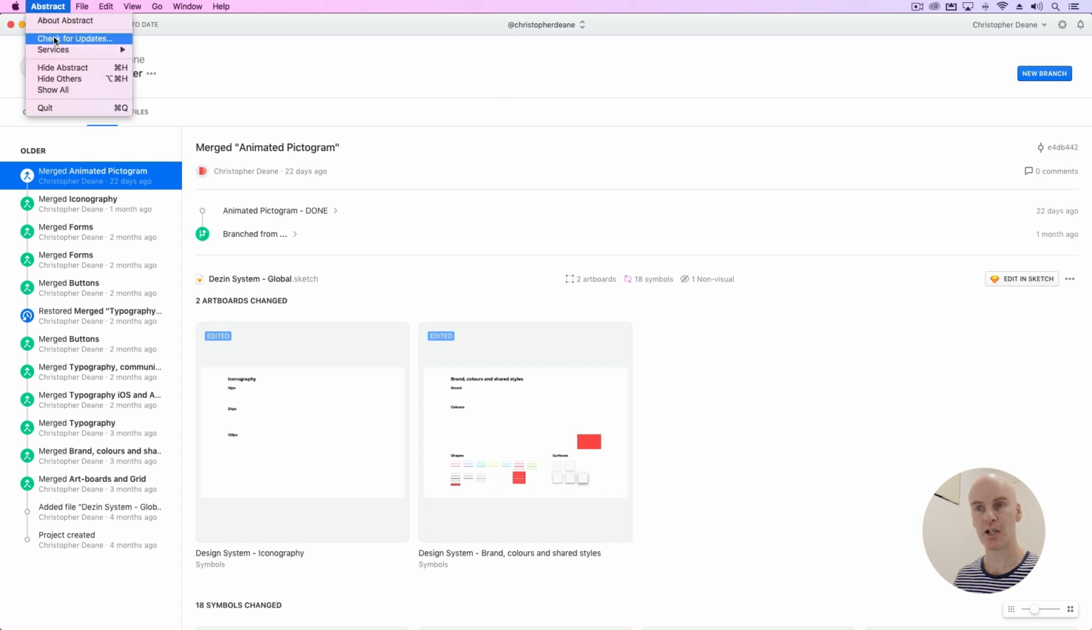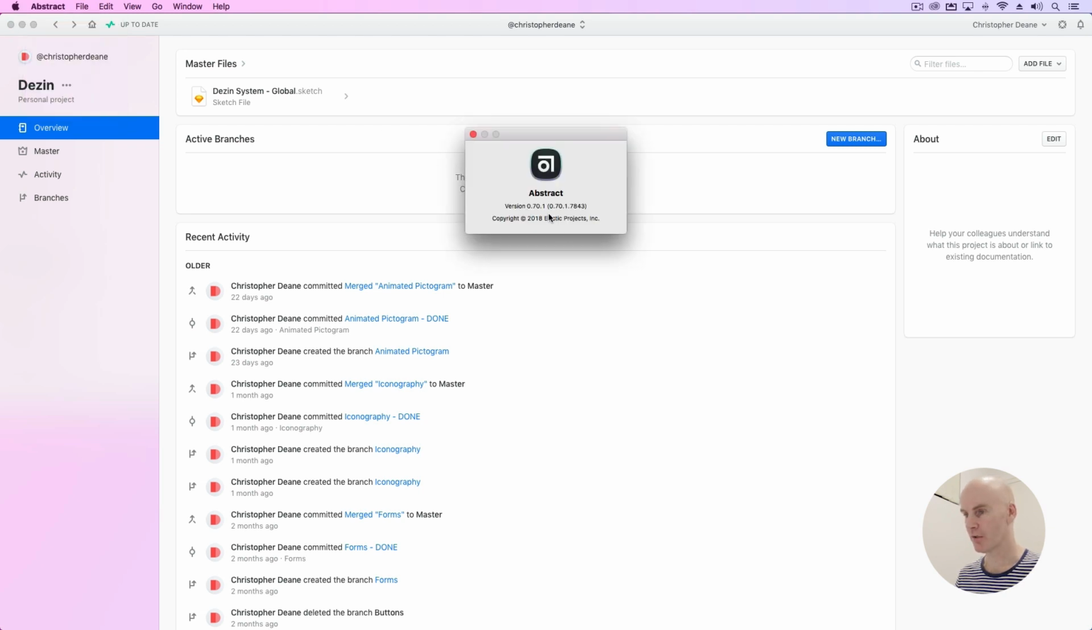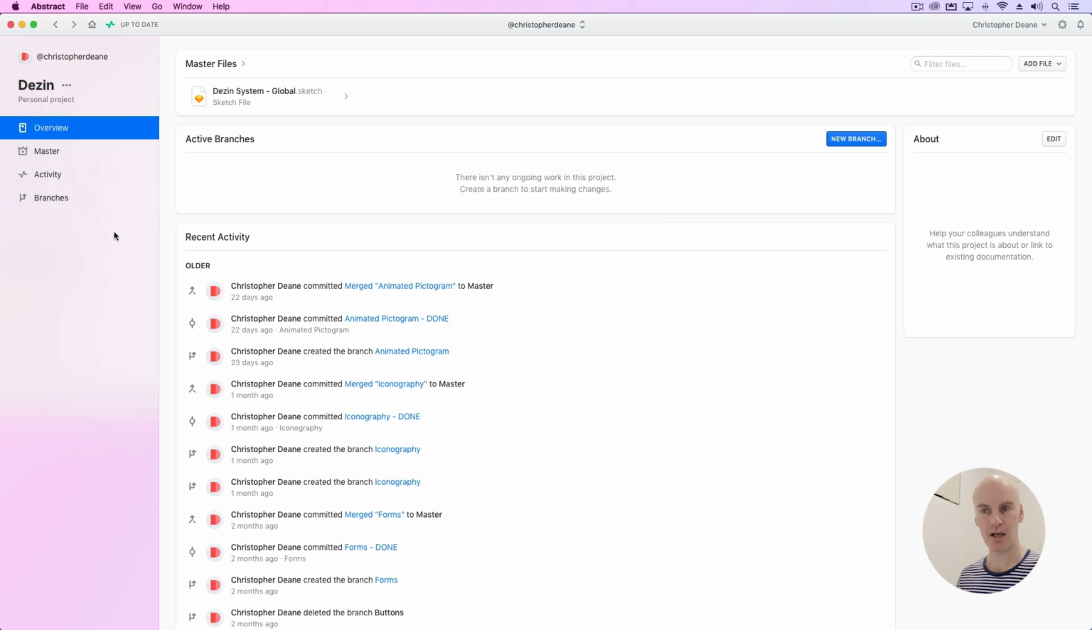Go to Abstract, check for updates. Okay, and here we are at the new Abstract interface. Let's go and check the build number. Yes, 0.70.1. On the left-hand side, we've got the main navigation, and the layout looks like it's taking on more of